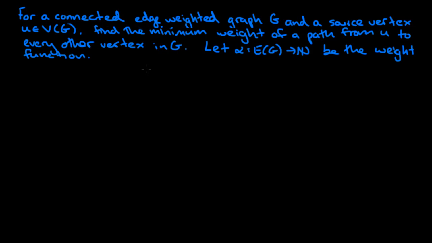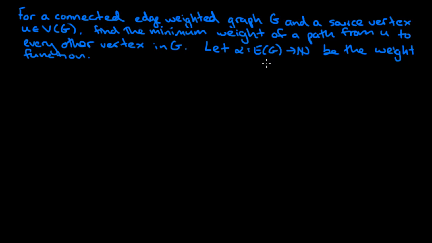We are going to look at the shortest path problem for a connected edge-weighted graph G. We're given a source vertex, that's a vertex U in the graph G, and we want to find the minimum weight of a path from that source vertex to every other vertex in the graph. And we're going to use alpha as the map, that is the weight function, which assigns a weight to every